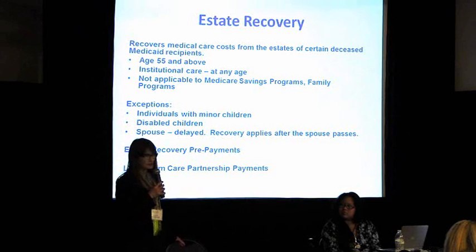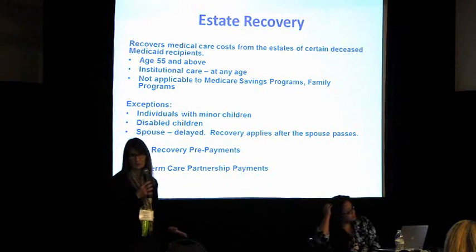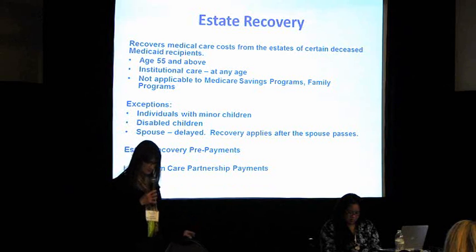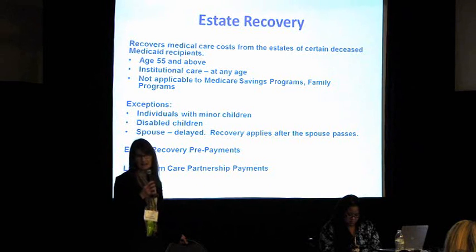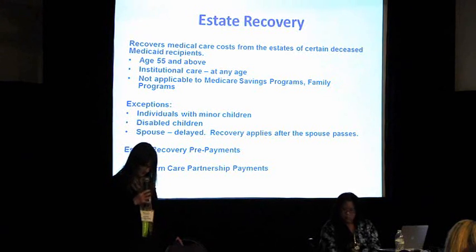There are some exceptions. The exception would be if you have a minor child or a disabled child, we're not going to recover then. You're completely exempt from estate recovery. The thought is that those assets would go to those individuals. And if you have a spouse, recovery is delayed until that spouse also passes away. And at that time, we would recover from the